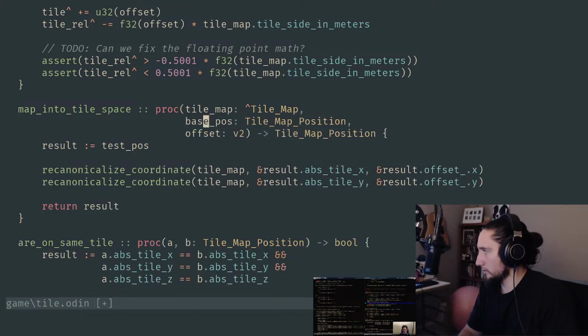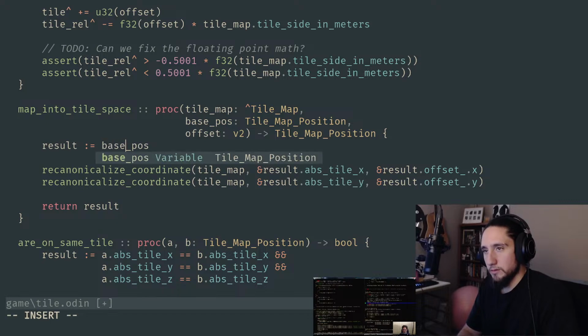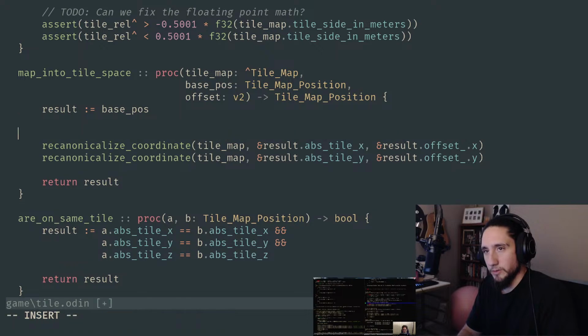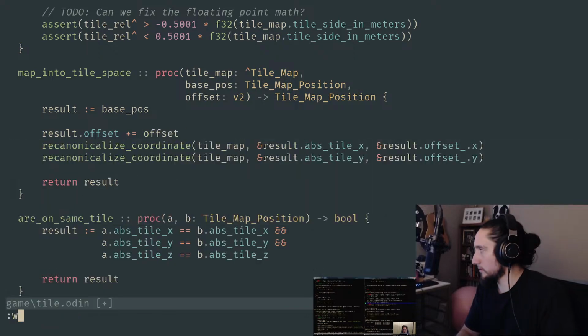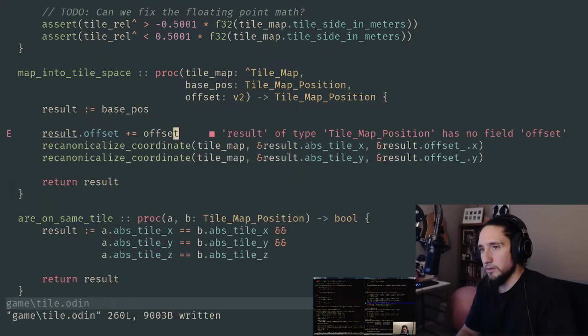Base pose is what he called it, which makes more sense to me. That's just some cruft that got left in there. And then we update this. And it would be that simple, but